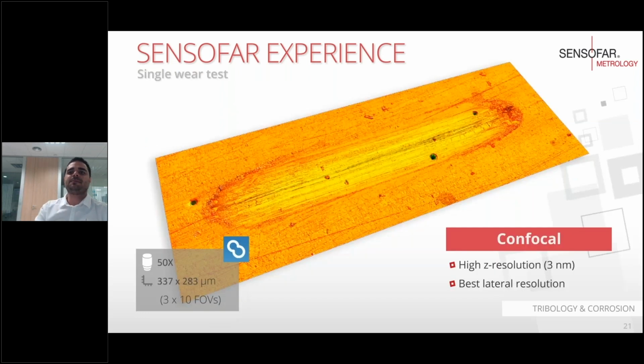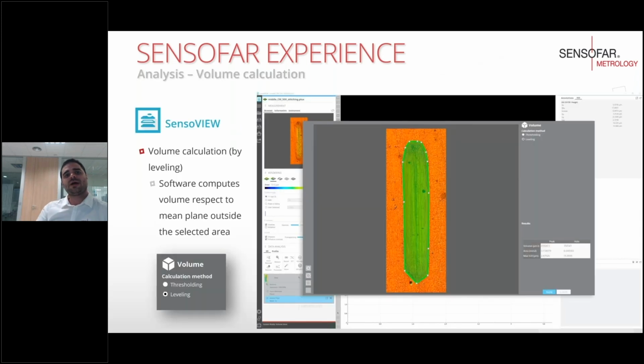Here we have the same example, but what we wanted to see here was the wear. We wanted to measure the volume of the wear. So in this case we wanted the maximum accuracy, the best lateral and vertical resolution. So we have used the confocal technology with a magnification of 50x. We have obtained again an extended measurement,